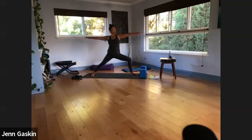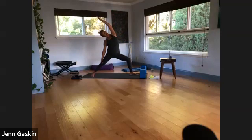For 3, and 2. And now drop your right hand down, turn your left palm to the sky, elongate left side body, right ear drapes down. 3,